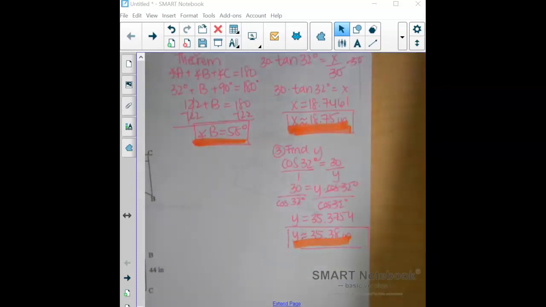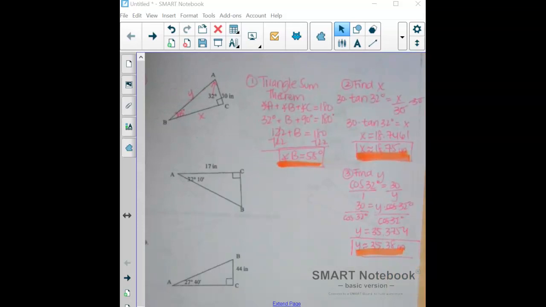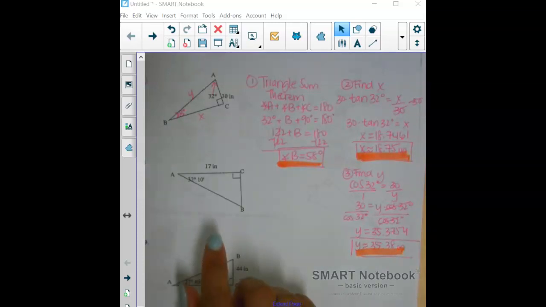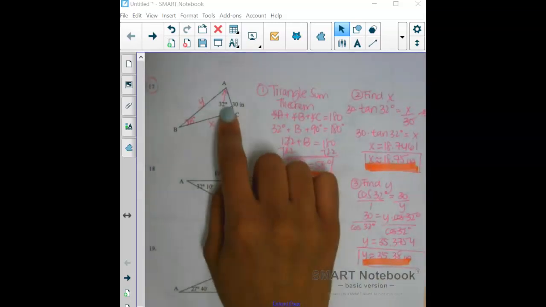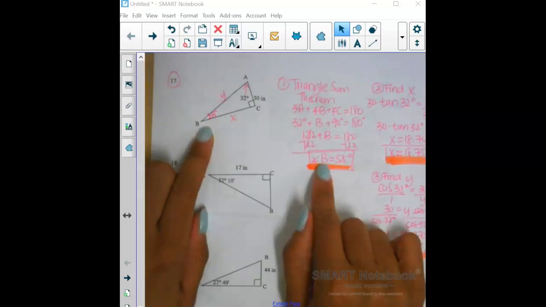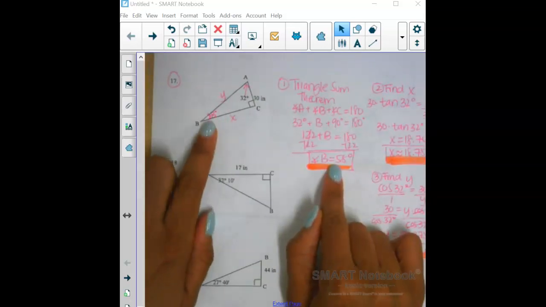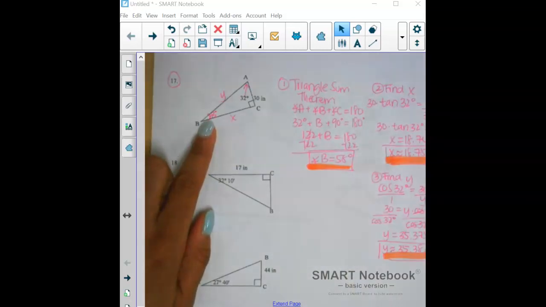All right, take a second and look at this. Are there any questions about what I just did? About theta, right? So we're always going to use 32 degrees. Like, how do you know which one is theta? Whichever angle you want to use. So I wanted to use angle A. It was already given, so I just used angle A as my theta. You could have used angle B. Angle B is 58 degrees. You could have used that, but you wouldn't have probably used the same tangent and cosine trig functions. What if it's like